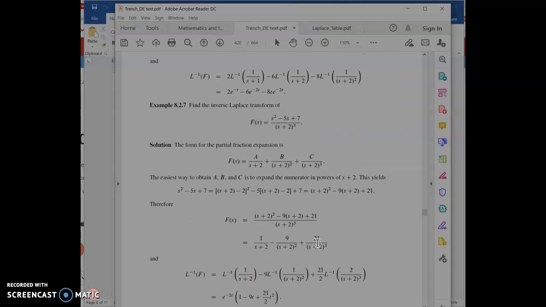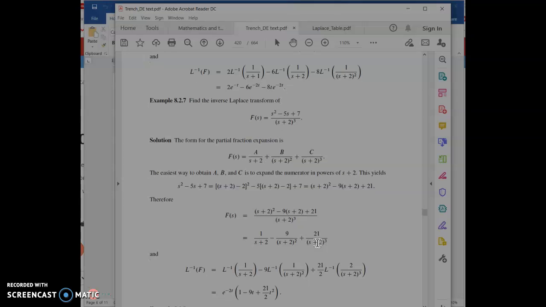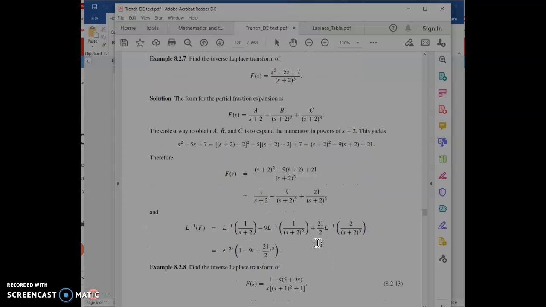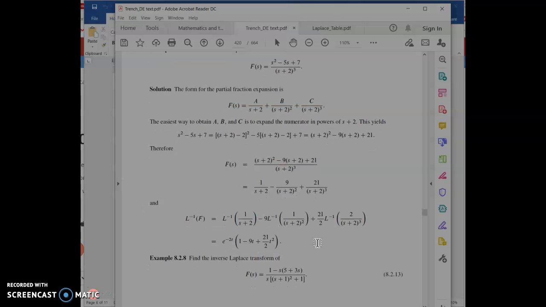Here's one, in 8.2.7, where the denominator is (s+2) cubed. So this is an interesting approach. Here, again, just as before, we have three terms. In our sum, the denominators are (s+2) raised to the first, second, and third power, respectively. And we could get a common denominator and multiply it all out, but the alternate approach here, which is interesting,